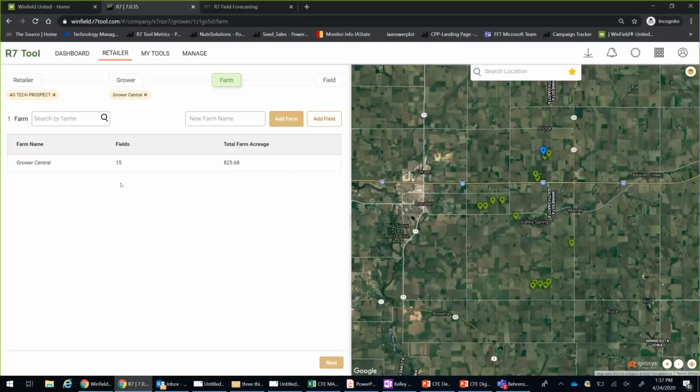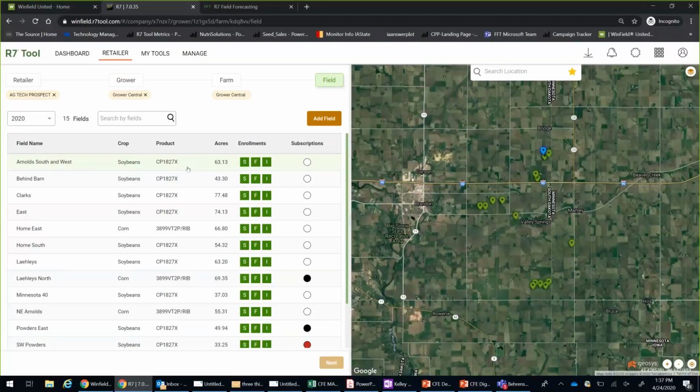And from this new view, you can see that if you select whatever you're looking for, farm name, grower name, whatever that might be, it looks like you need to click this next button. You can, otherwise you can just simply double click and it will open up your field list. So like I said, you can see that we're moving just right from left to right, all the way from that grower, farm, and field structure, and you will see all of your information.